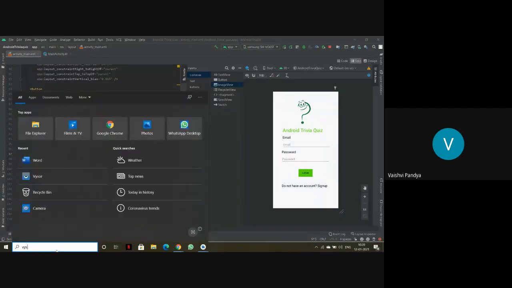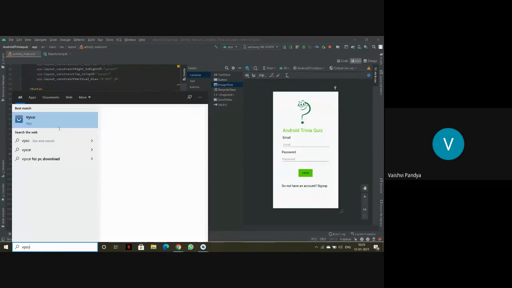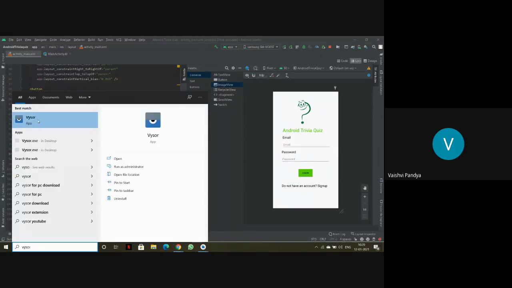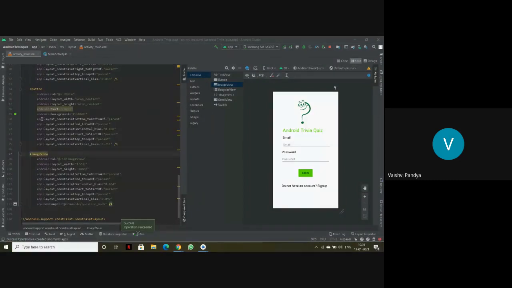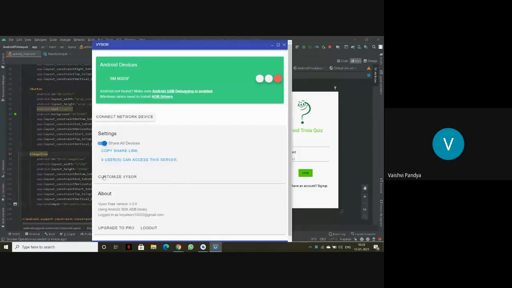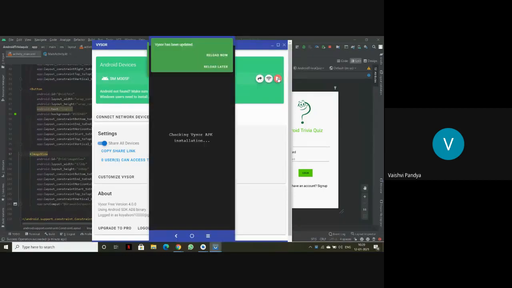Visor is an inbuilt app in most Windows laptops, and for it to run on your mobile phone, you'll have to install the Visor app on your mobile phone also. Then only you'll be able to see from your mobile on the laptop. You can always use AVD, meaning Android virtual device or emulator, as you may say. Let's view.